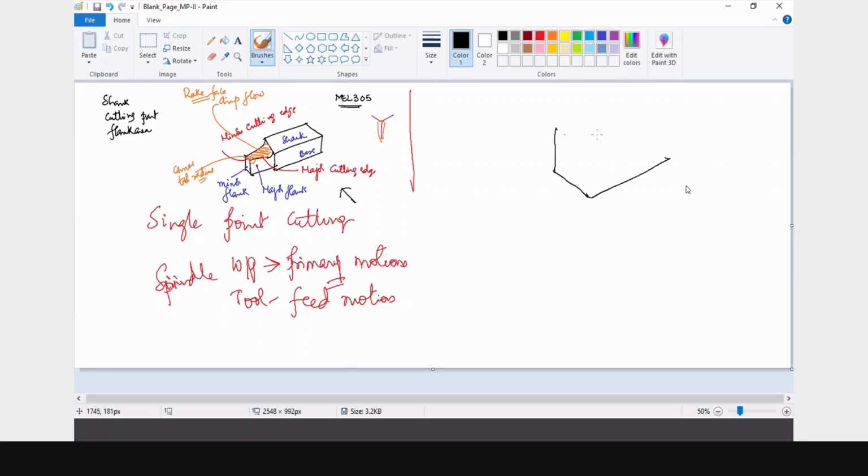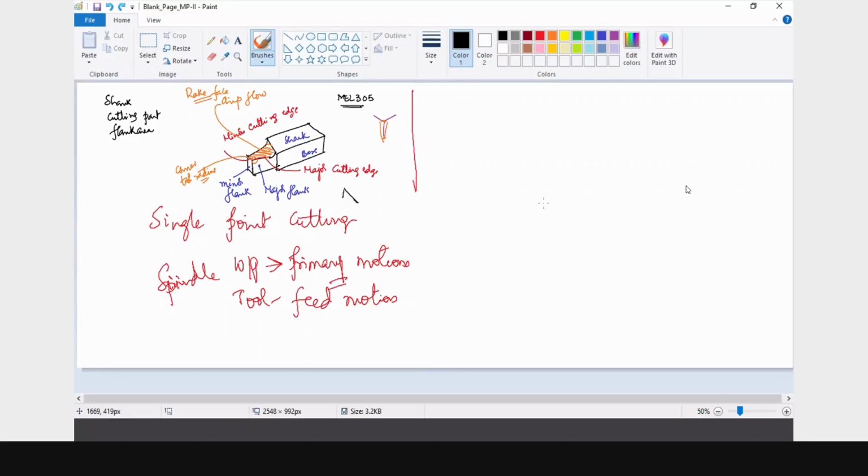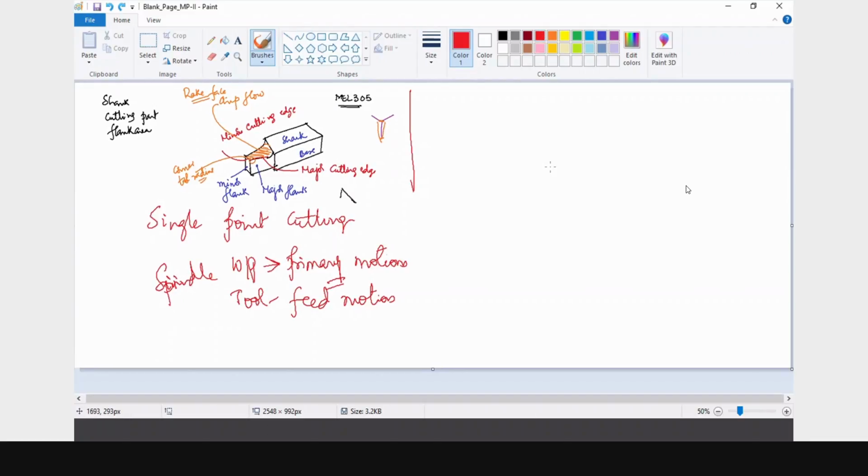One second, let me draw a little bit. So you have it like this, and if I consider my workpiece something like this, this is the tool radius which I said.